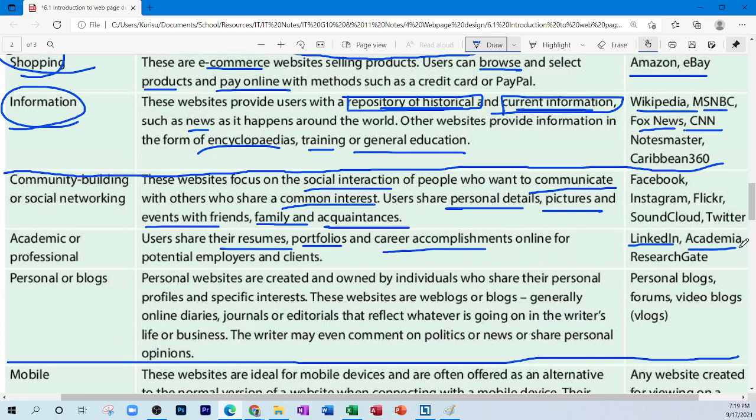So LinkedIn, academia, ResearchGate. LinkedIn is one of the common ones where you can post your credentials, where you would have worked, what skills you would have gathered, what are your qualifications, and they basically connect you to